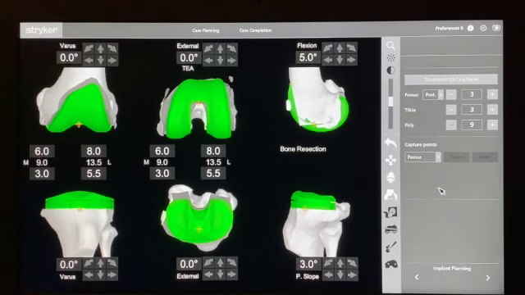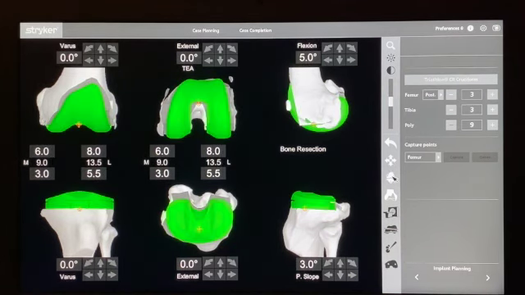When we come to the implant planning part of the MAKO operation, it's important to understand how to work your way around the screen. In the MAKO planning, on the right hand side we have the components and their sizes, and it's quite easy to change this by just clicking on the plus or minus buttons next to each of the components. This row of buttons here allows you to see the arrows for moving the components,